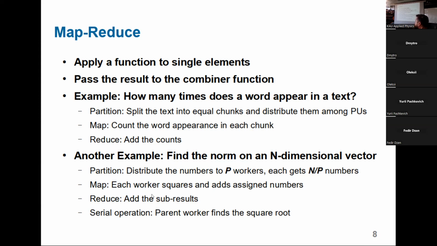So it's a reduction again on addition. And in the end, I again need a serial operation, this time on this single number, but I have to do the square root. So for this to actually be a norm,